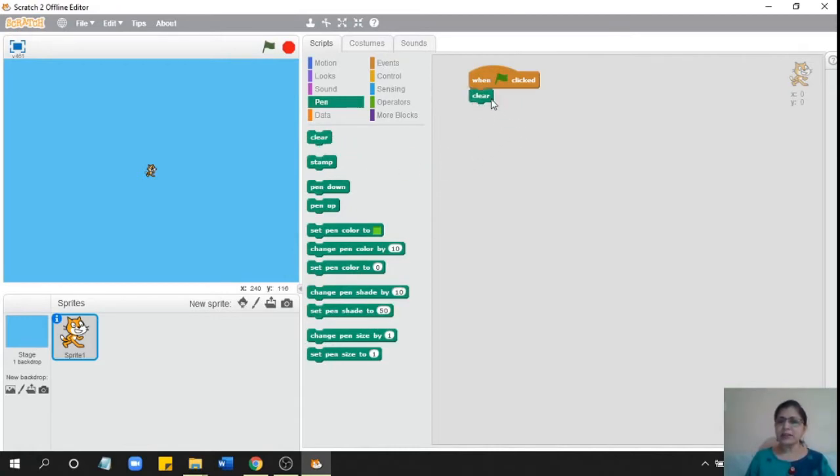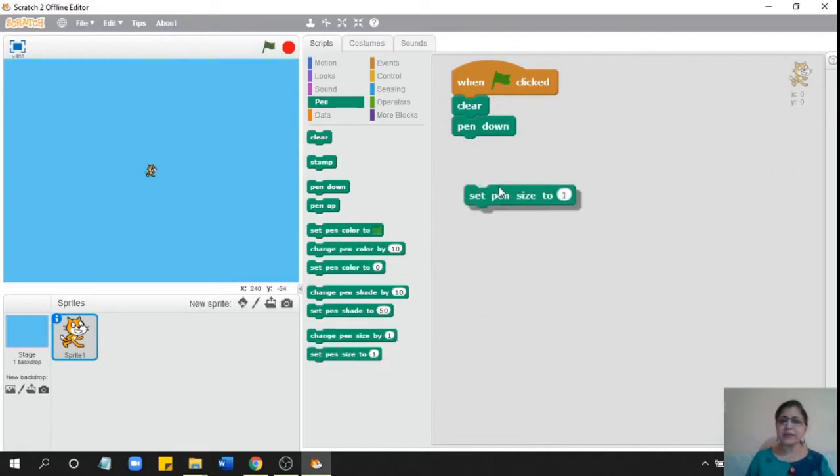First of all, we will use the clear command to clear whatever is the previous drawing if we have anything on the stage. Then we have to give the pen down command in order to make it start drawing. I'll set the color of the pen, the size of the pen, and so on.